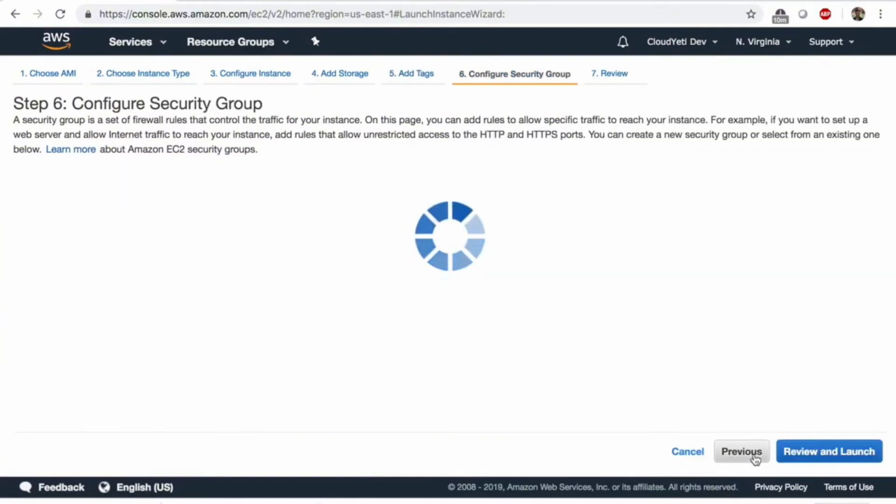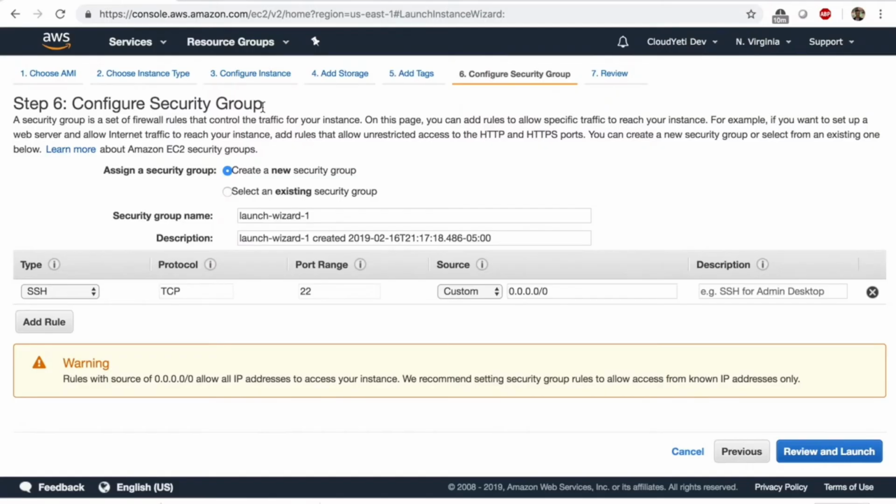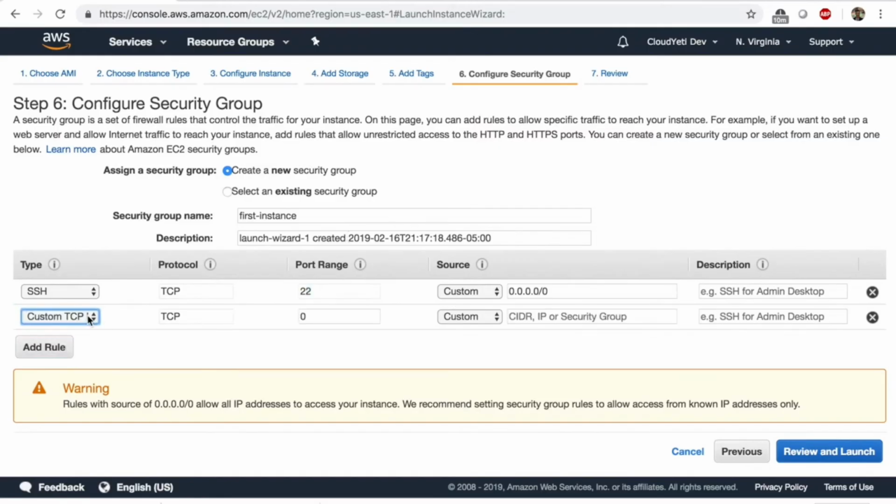Let's say next, configure security group. Security groups are firewalls for your EC2 instance. Let's create a new security group and call it first instance. Right now, port 22 is open to the whole world, which this IP tells us, 0.0.0.0/0. It means anyone on the internet can use port 22 to SSH into the EC2 instance. I'm going to add one rule to also allow HTTP port 80 from anywhere. So I'm going to click on review and launch